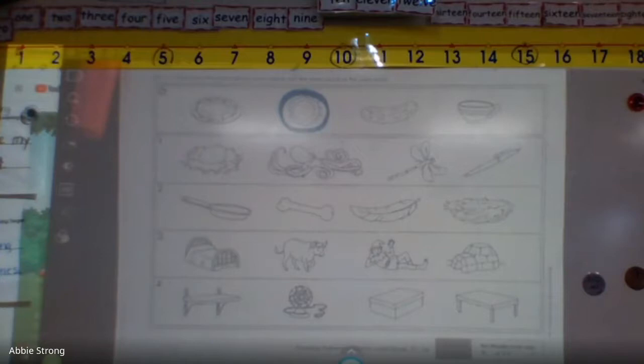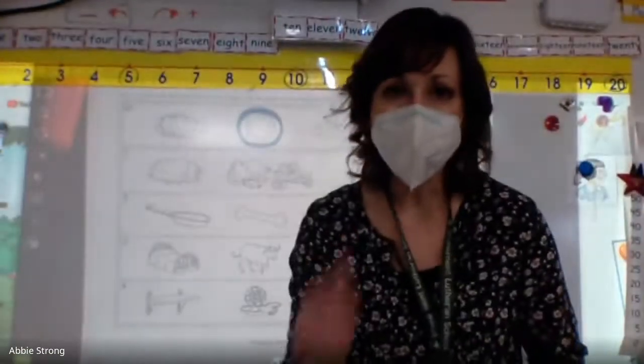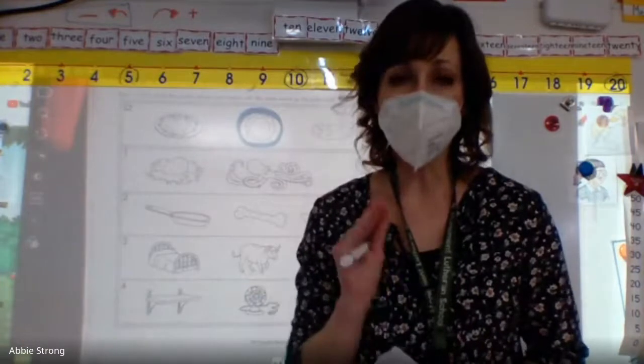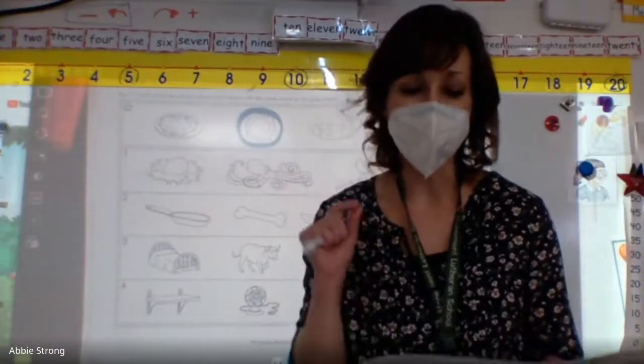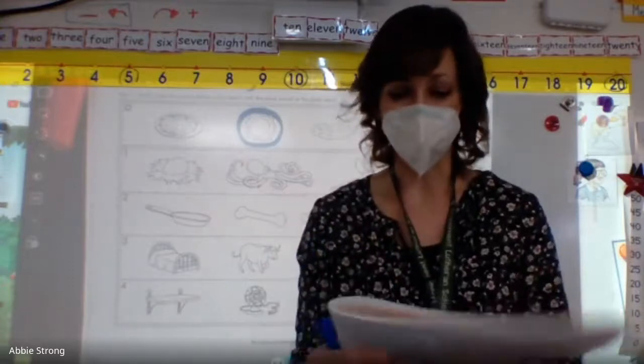All right, okay, we're gonna flip our paper. All right, flip your paper if you were here at the classroom with me. All right, to my friends at home, now we're gonna be working on writing some letters. So on your board or on your paper, you're gonna write the letter that I tell you to. You don't have to draw a picture for this, okay?